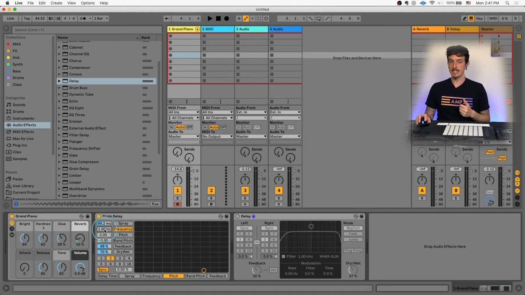And then we have the frequency. So the frequency is going to be how long our little randomized slices are going to be. And this is a little confusing because smaller numbers actually mean longer slices, and higher numbers mean shorter slices. So I have this turned down. It's not really doing a whole lot, but as I start to turn this up,